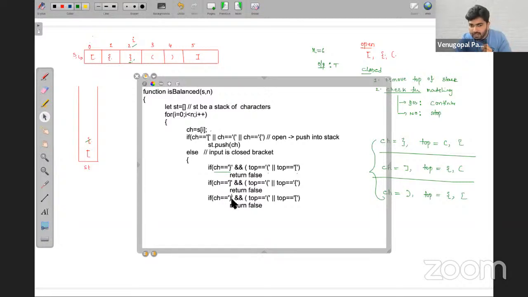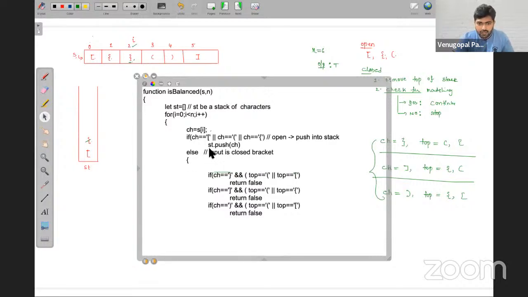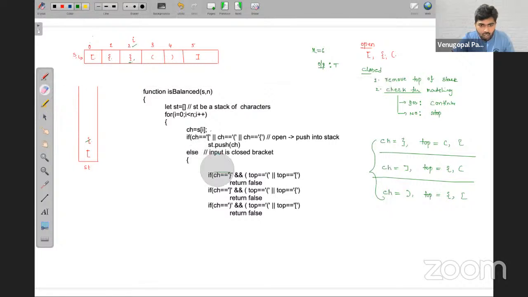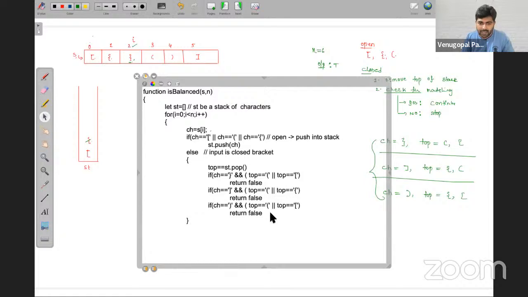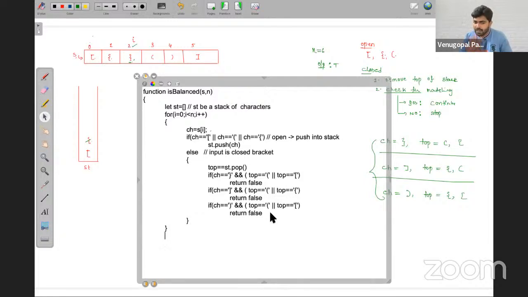Remove the topmost element. So I have stored it here. So here we need to take one variable called top, and we have to do the pop operation. So top is equal to st.pop, and let's compare the top, right? So this completed. Now any one of these three conditions match, so you can stop and return false, friends.